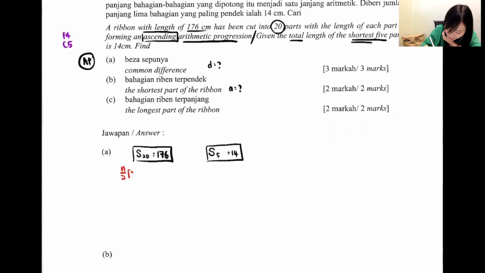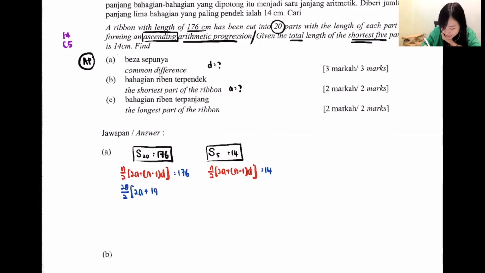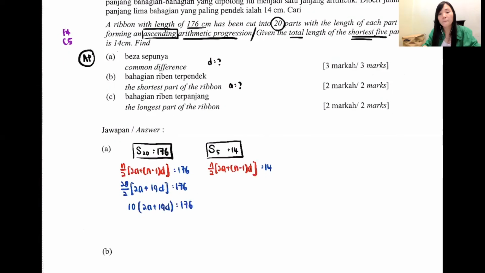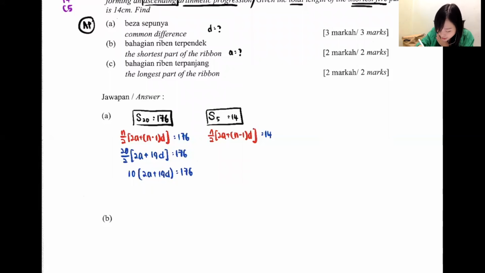So this is AP. The AP Sn formula looks exactly like this. So quite easy. All I need to do is sub inside everything I have, to find back my A and D. So 2 unknowns, you should have 2 equations. My n is 20, so 20 over 2 bracket 2A, I don't know, plus n minus 1, 19, the D, I don't know, equals 176. So this one 10 times 2A plus 19D equals 176. I don't want decimal. Never mind. I check the other side. This one n is 5, so 5 over 2 bracket 2A plus 5 minus 1 is 4D equals